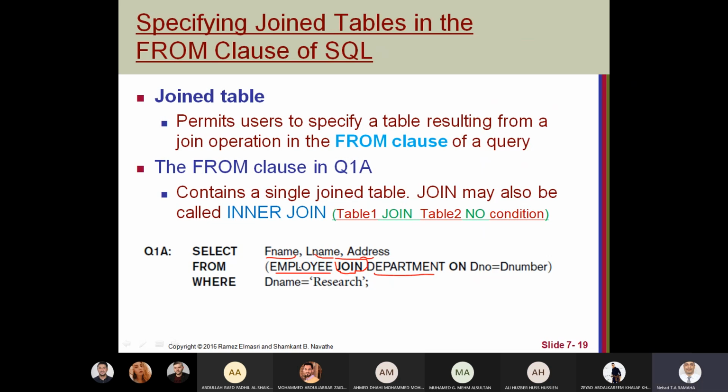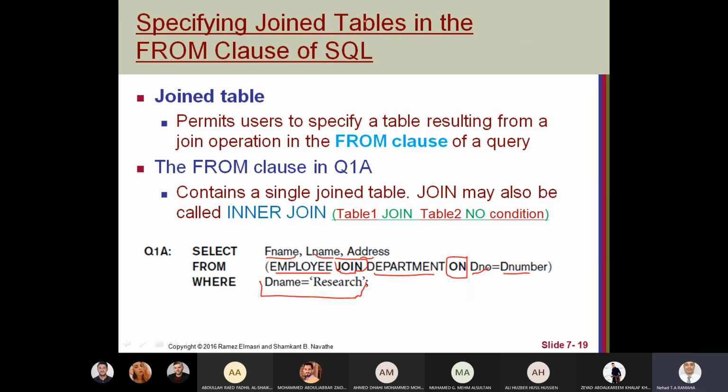This means joining between employee table and department table ON. This means where the condition is applied. What's the condition? The equal join condition. That department number in the employee table equal department number, to connect between employee and department. Then where this is the condition.